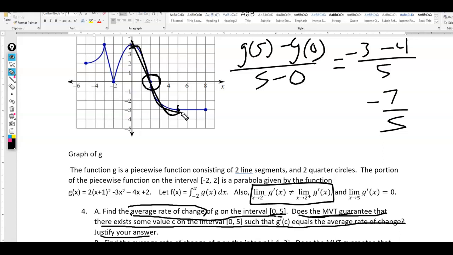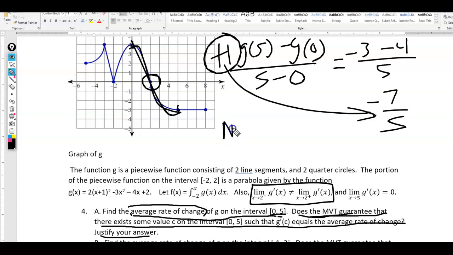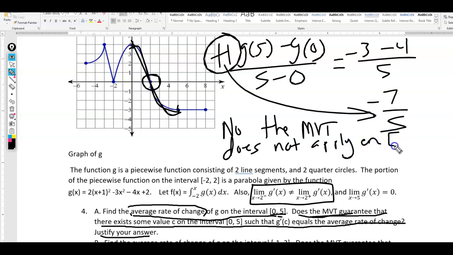So let's go ahead and talk about how you should be graded on this. So first of all, this would be 1 point here. Just getting from here to here and showing your work as you go. Okay, that's 1 point. The next point would be saying, no, the MVT does not apply on the interval 0, 5 because